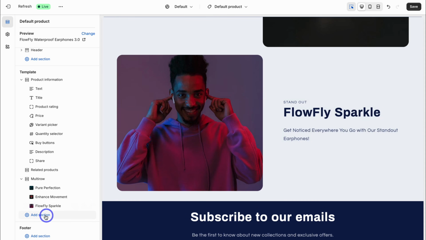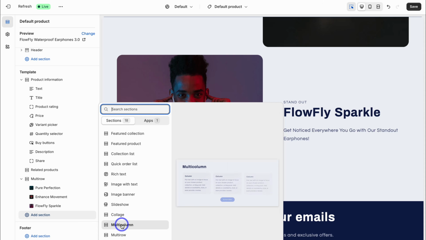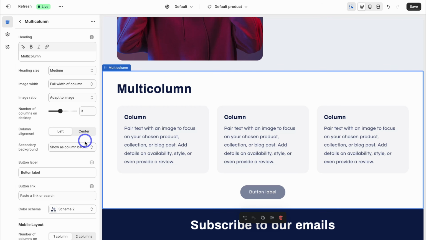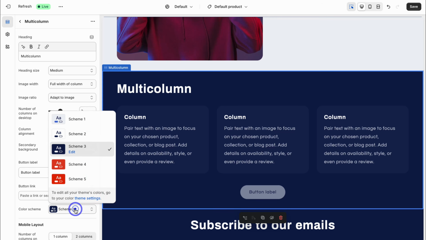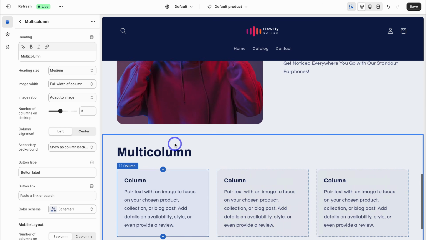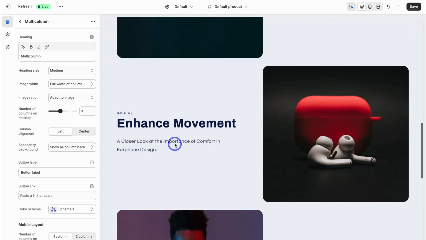Let's navigate down and add another section, and let's see what other options we have. I like this multi-column. Here we can change the color scheme. Let's have a look at these different options. We have this white option, dark blue, and this bright red option. I like this clean look, so I'm going to keep my product page the same in terms of the background